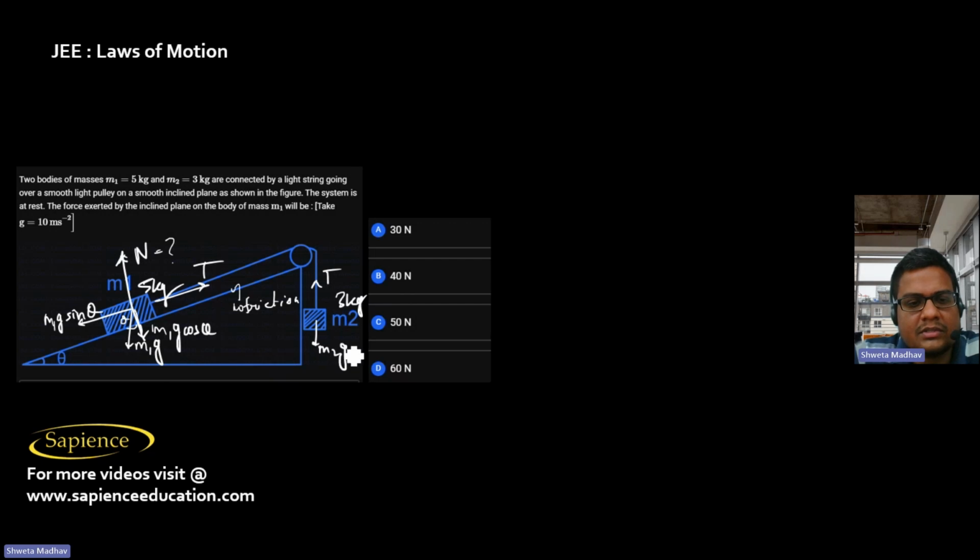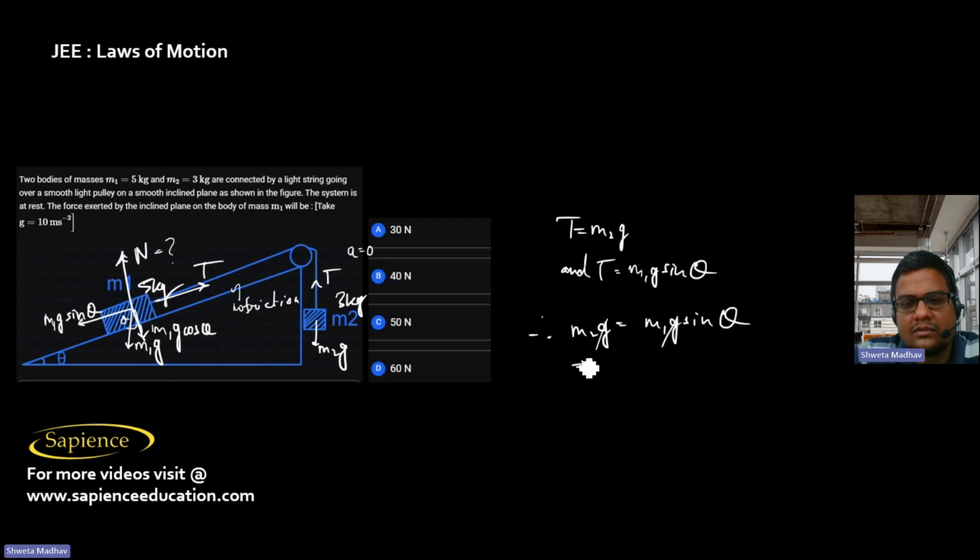And this is m2g. The system is at rest, which means acceleration is zero in the system. So then you can say T equals m2g, and T also equals m1g sin theta. Therefore I can say m2g equals m1g sin theta. So g will cancel out. So sin theta will be equal to m2 by m1, where m2 is 3 and m1 is 5. So sin theta is